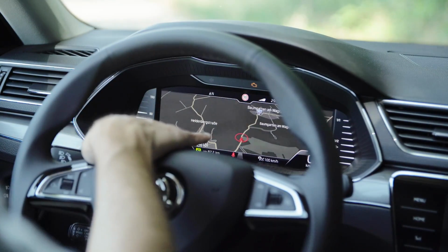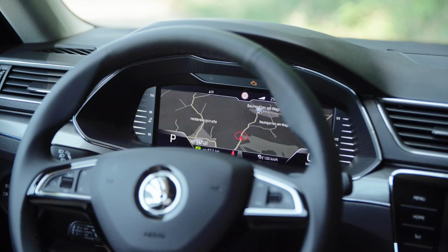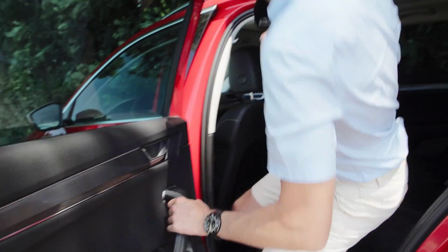Base is still analog instruments here for the Superb. Optional then is this new 10.25-inch digital screen. And I step inside. You can see,